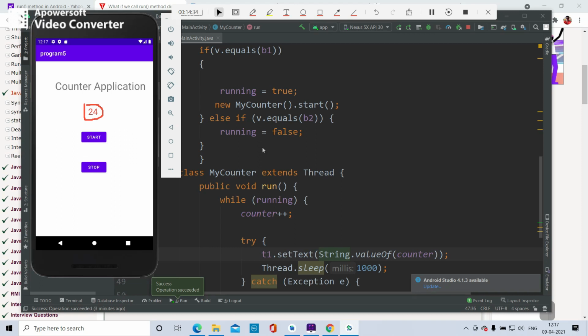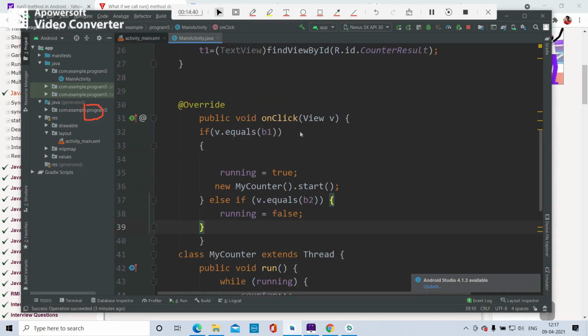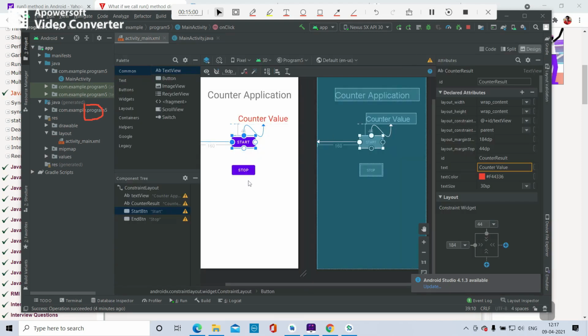Now here, if you see the interface of this project, the counter application is designed by using 2 text views and 2 buttons. You can see the interface here.